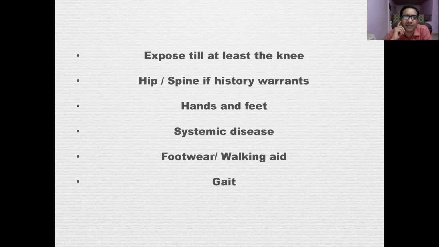Sometimes edema might be so evident that it could be the harbinger of a systemic disease. It is also good in a foot case to put a word on the footwear that the patient uses, whether there is any special pattern of wear and tear of the foot. So if the child has a foot drop, you'll find the front of the shoe, the toe of the boot, scuffed up.